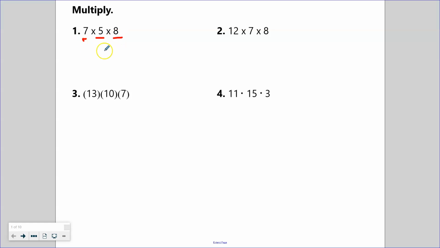So we look to see, right, we can multiply in any order, so which would be easier? I'm going to say I'm going to get 40, and then 4 times 7 is 28 with the 0, so 280. And then right here, either way it's going to be some work, right? So mental math, so I try not to use the calculator. So 10 times 7 is 70, 7 times 2 is 14, so we have 84, and then we have 84 times 8, right? And so we have 32, we have 64, 67,